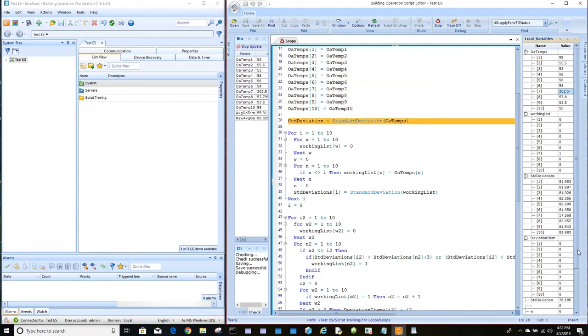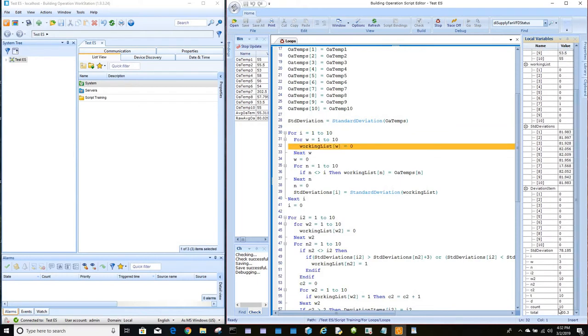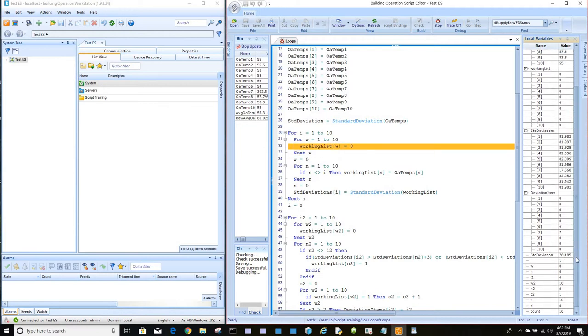And then we calculate our averages, raw and